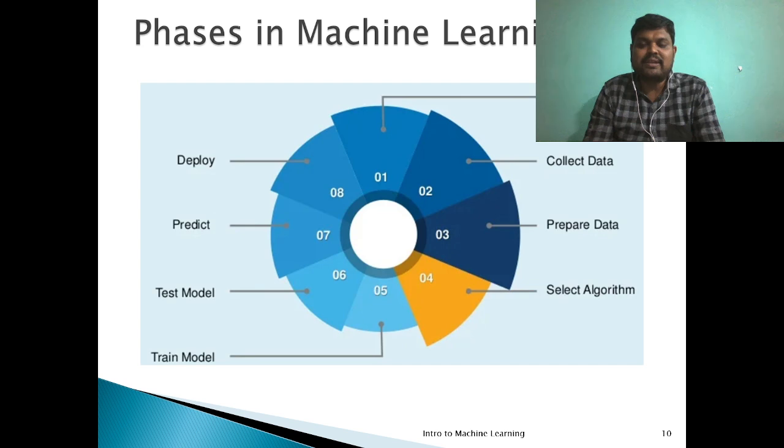So you have to collect the data required for your model, then prepare the data. Preparation means you have to pre-process it, cleaning everything. Then select the appropriate algorithm for your machine learning model. Then you have to train and test the model. Then you have to check whether your model is working correctly or not. If your model is successful, you can go for deployment. Otherwise you have to go back and select another model, train, test. So the iteration will keep on moving until it reaches the expected output.